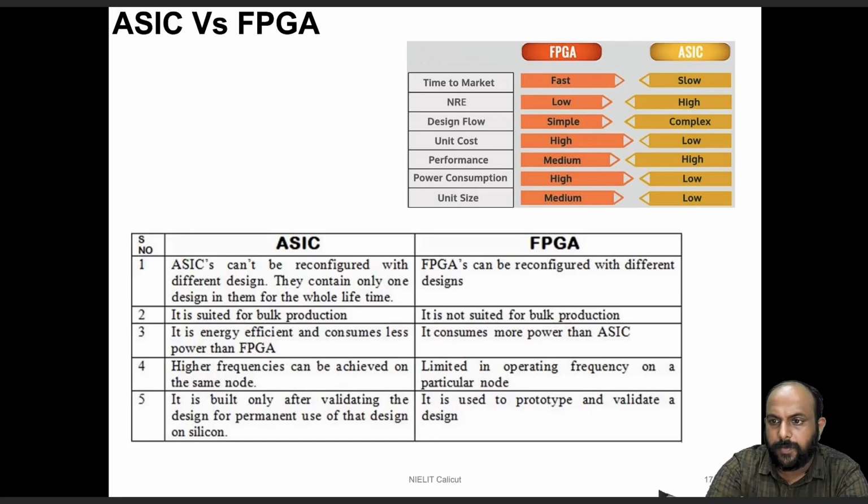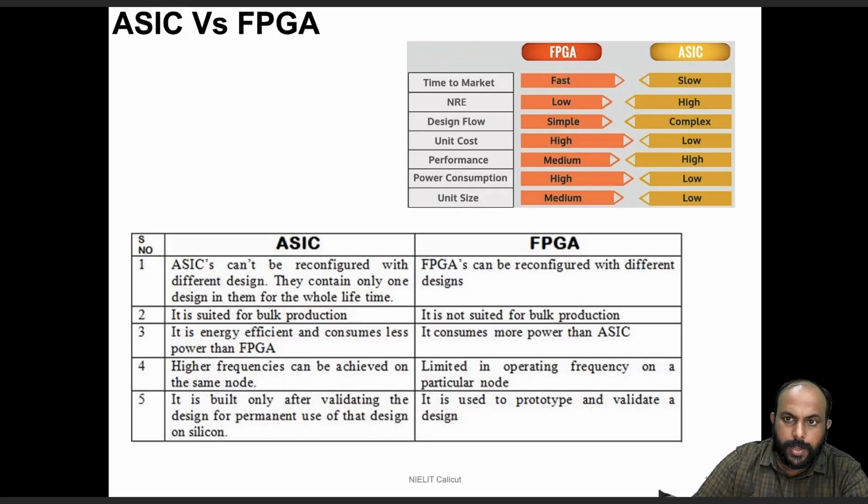Okay, and if you compare the performance, the FPGAs can give only from very basic to medium level of performance. Though the FPGA vendors call it high performance FPGA, that basically means it's high compared to its previous version. That's it. It's never comparable to an actual ASIC which is custom made, full custom ASIC. So performance on FPGA is medium. It can give you limited operating frequency on a particular target node, whereas ASIC has higher performance. It can give you higher frequency with the same technology node.